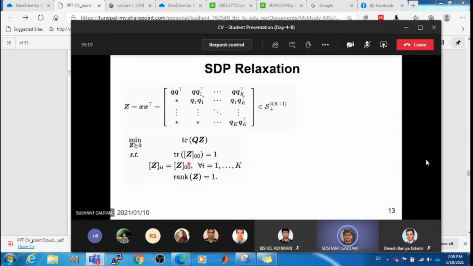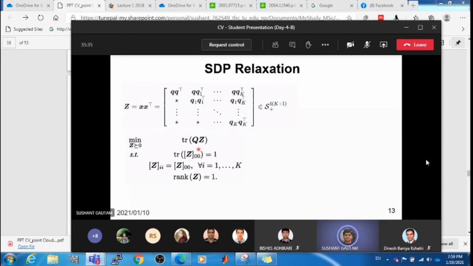That also means every diagonal entry of Z will be equal to 0, same as before. So this all will be equal to Z, q transpose here. You can see this term. So here will come theta 1 and theta 1. So theta 1 squared will be the same as this.